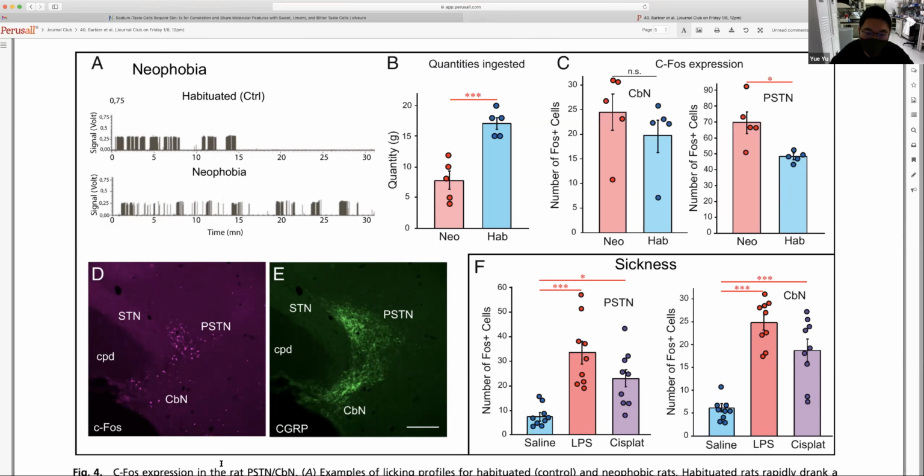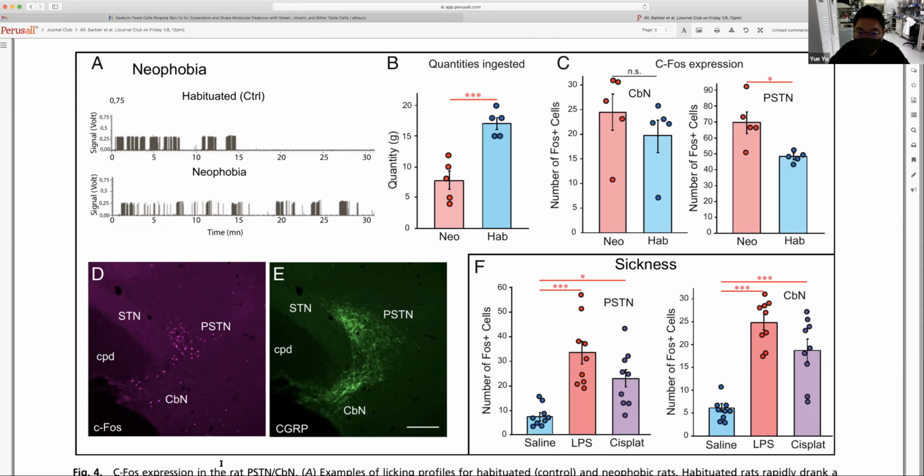And then in comparison, for the mice that are habituated, these are licks. Then the licking frequency is higher for the habituated control group, right? Because it's denser. You can see that for it. And for B, they also see the quantity changes, right? For the neophobia group, they have a much decreased